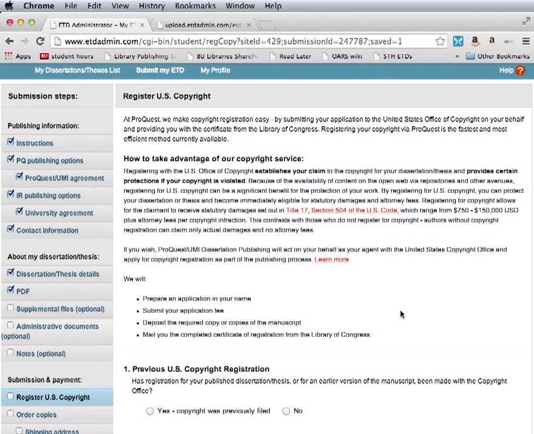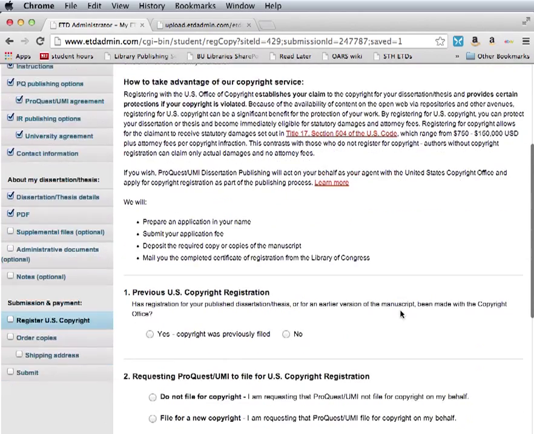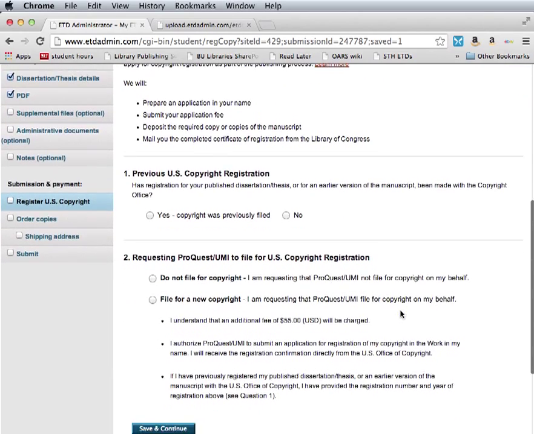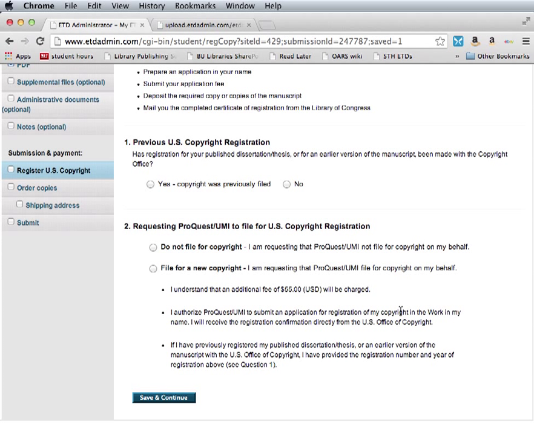However, if you need to take someone else to court for infringement, you can't file suit unless you've registered copyright before the date of their offense. If you do decide to have ProQuest file for copyright on your behalf, that will cost you $55. This is marginally more than what you would pay if you did it yourself, but it's a lot less hassle, and I would say it's worth it. Whatever you decide,